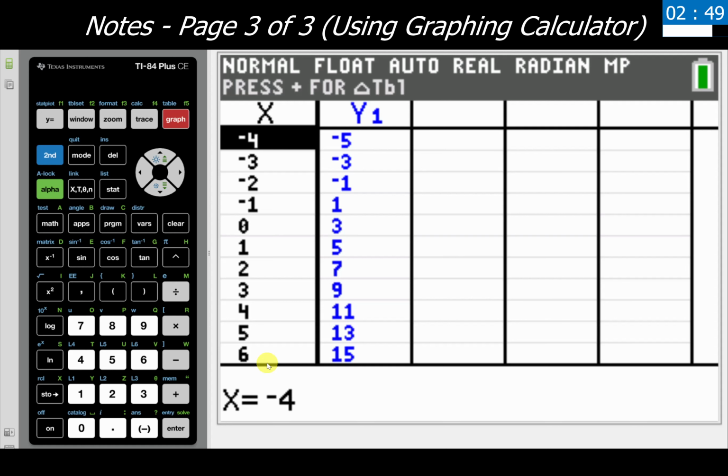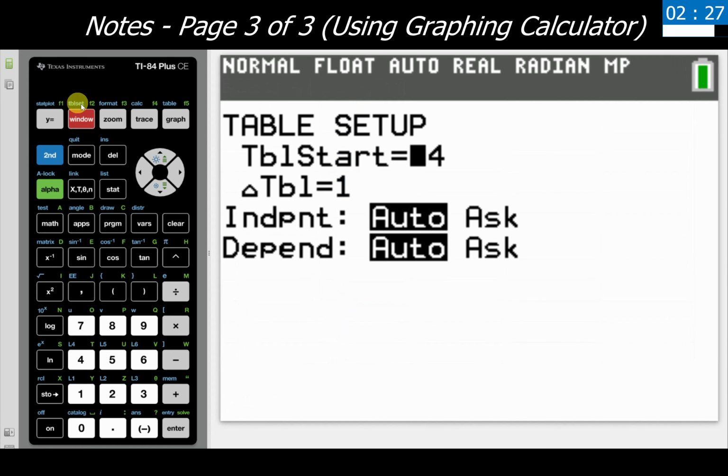So we're going to go through how to do that, and I'll go through how to undo those settings as well, because a lot of people will change it once and then not go back, and then things go horribly, horribly wrong in later problems. So we're going to go up to and use this table set option here. So I'm going to click on second window. That's going to activate the table set.